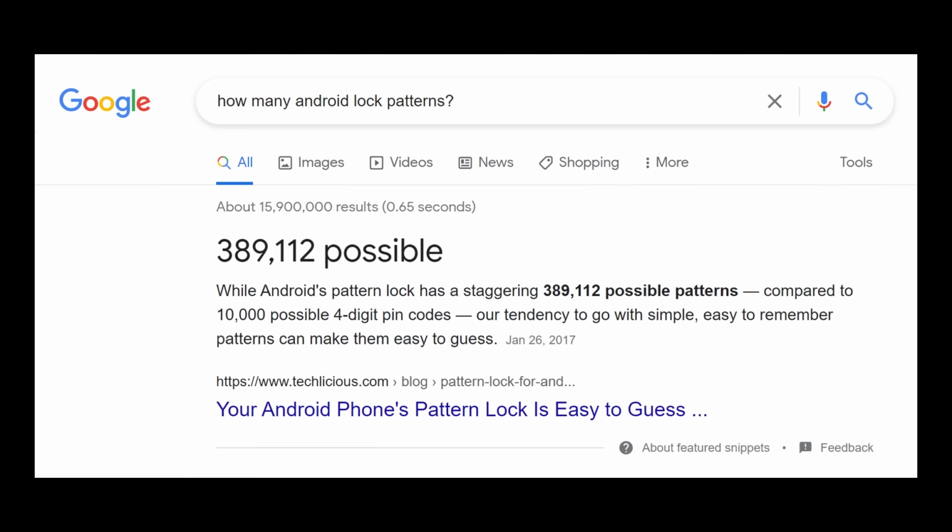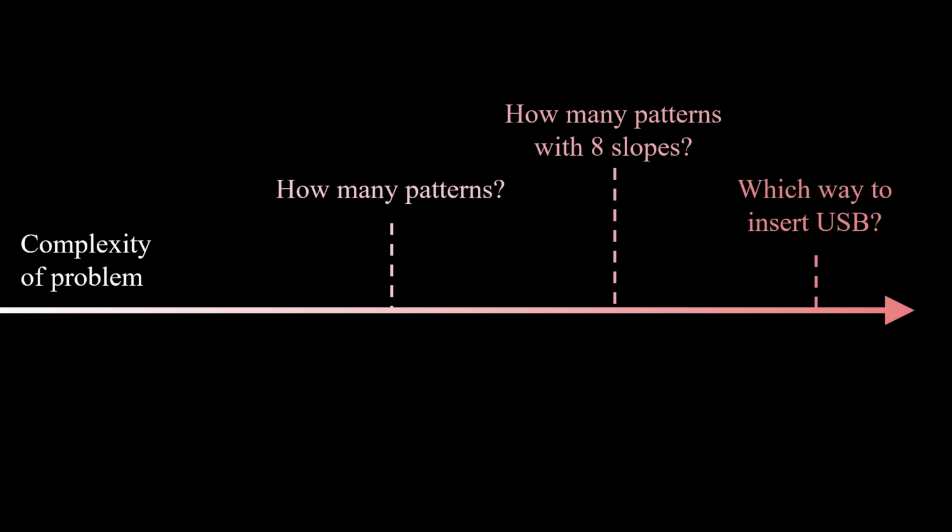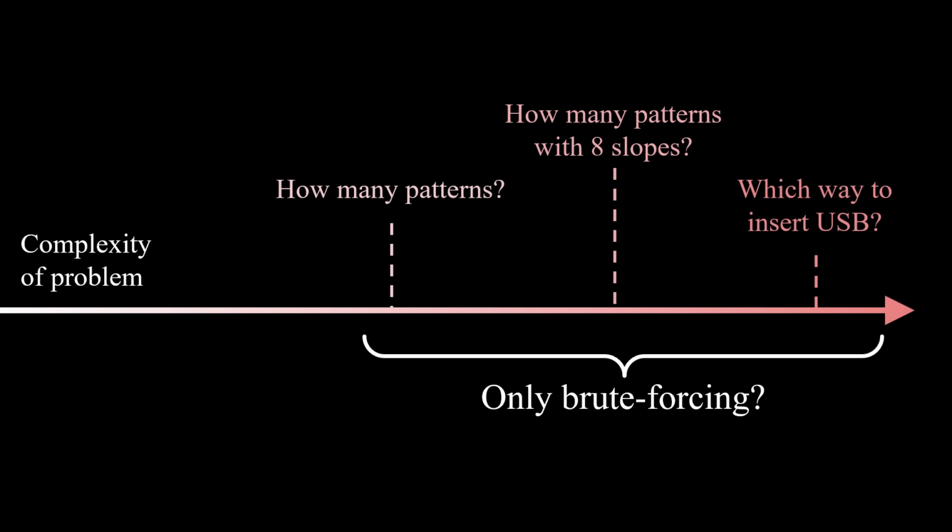How was this calculated? By brute forcing a program to count them one by one. In fact, this problem alone is too complex mainly because of the no skipping rule, and using formulas to count is very impractical. Now, our problem is slightly more complicated than this. Is brute forcing the only way possible? We would have to find, presumably, tiny amounts of max complexity patterns among hundreds of thousands of patterns.